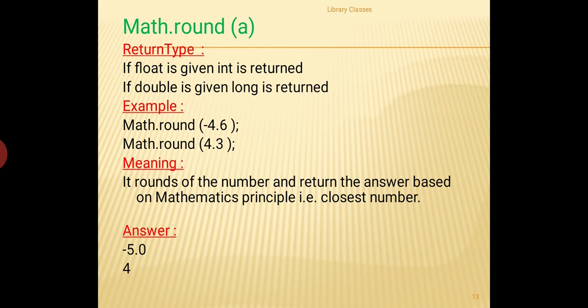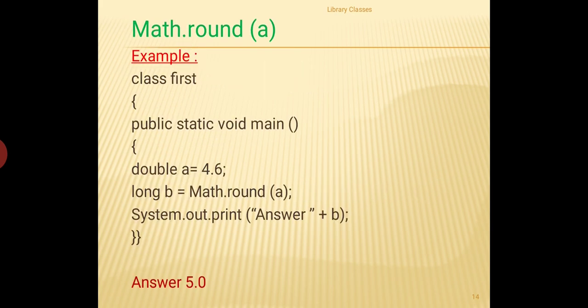Math.round, the answer is very simple. It is based on a simple mathematical principle where the closest whole number is given. Like 4.3, 4 will be displayed, 4.7, 5 will be displayed, and minus the same thing. But the return type is very interesting because in the board exam the return type is specifically asked. It is the only math function in which the return type differs if the input is float. Otherwise all the math functions in this list have their fixed return type. If you give an integer value, you get an integer or the same type of value.